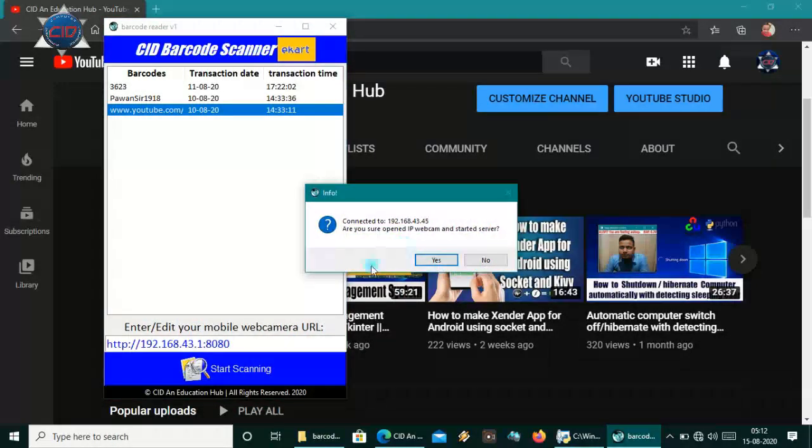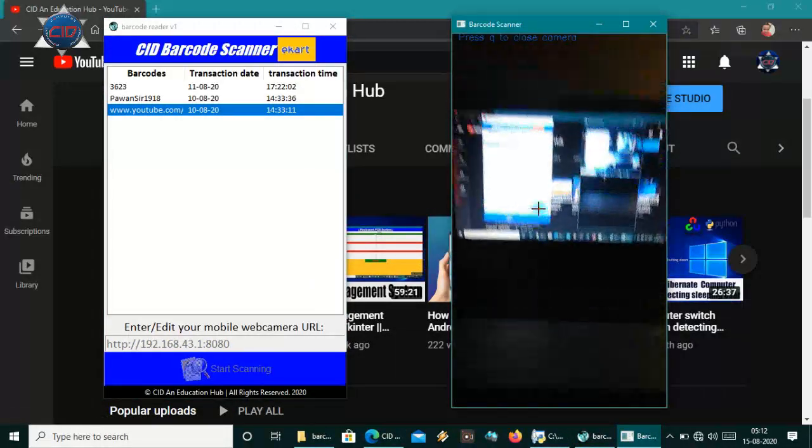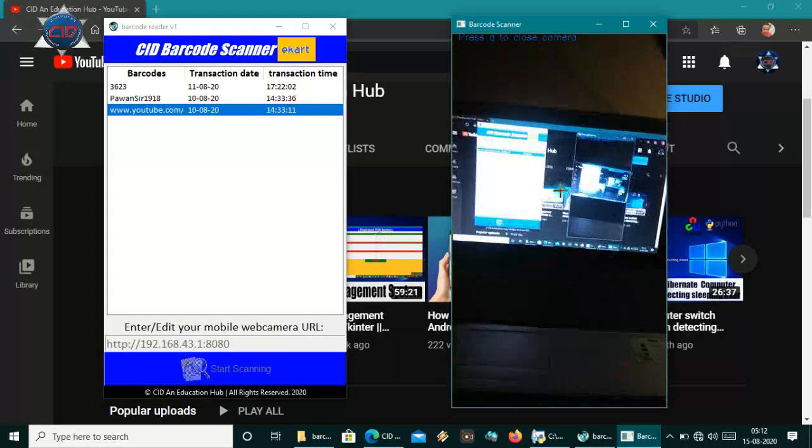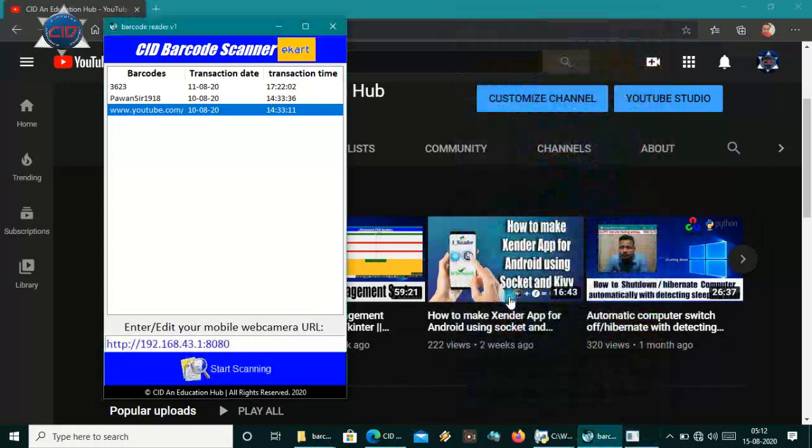After start scanning it is showing that connect to your Wi-Fi, and are you sure that you are connected to IP webcam and start server is clicked. So after clicking on this, it will open my camera here, and all the things will work like before, and all the data will be saved here.